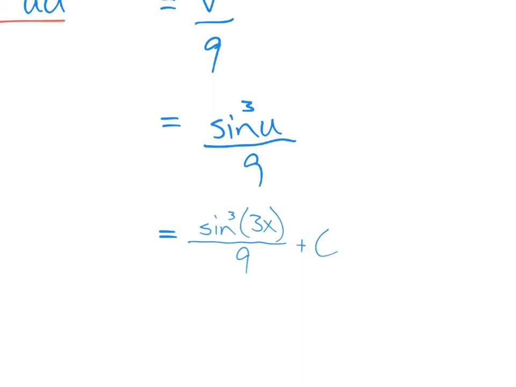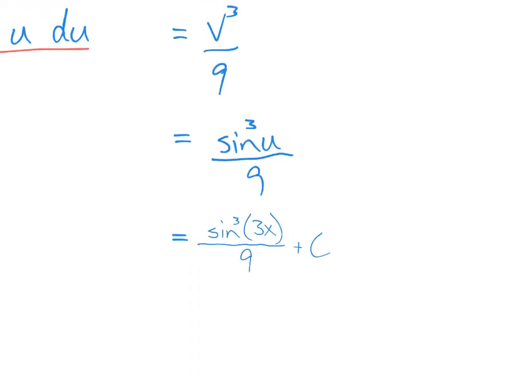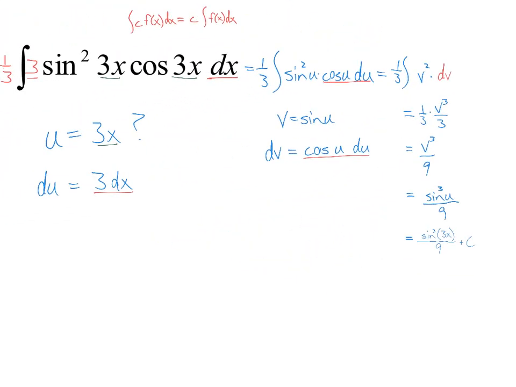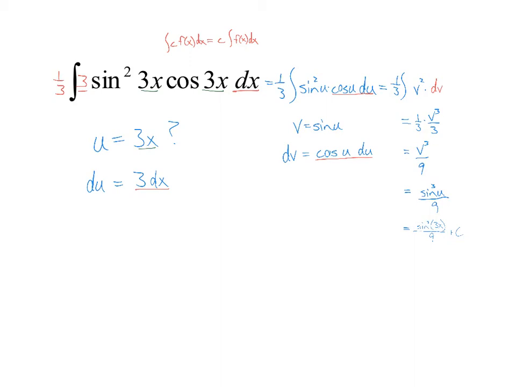Totally confuse us. Now, there is a little bit of an easier way. If we had recognized the function in a function right off the bat, we can do this a little bit differently. If in the first place I had had the integral of sine squared of 3x times cosine 3x